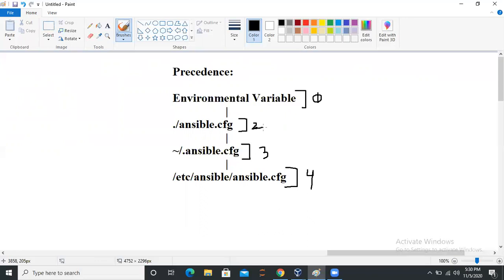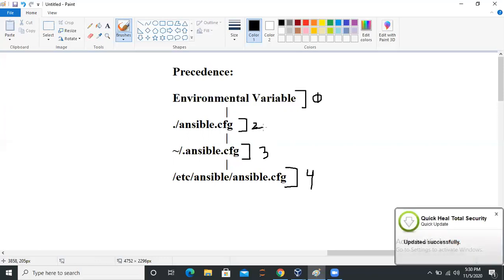So I'm going to show you some sections which you need to configure as per your convenience, but those particular sections require some attention. Okay, so I'm going to show you those particular sections only.